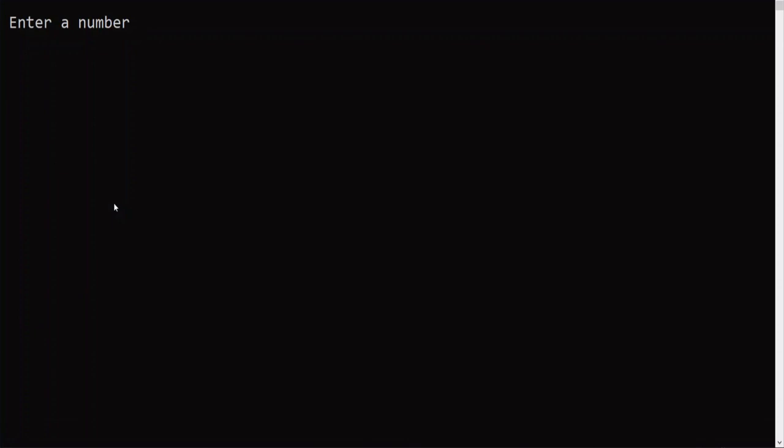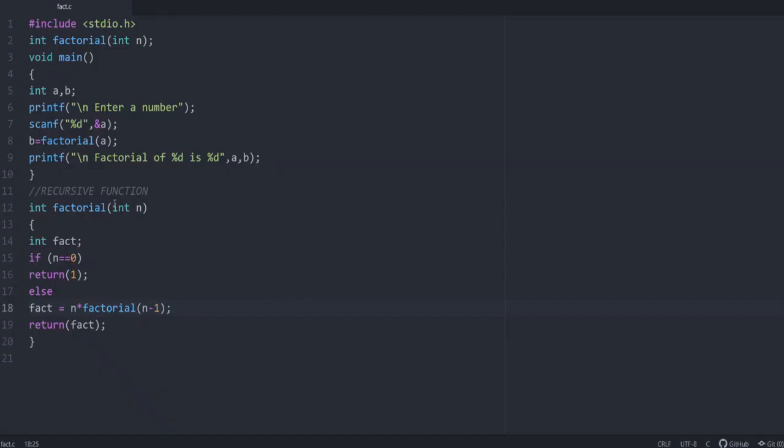Say if we give it as 3, 3 into 2 into 1 into 1. So it is 3 into 2, that is 6. 6 into 1, that is 6. Similarly, if we give the value as say 6, 6 into 5, 30. 30 into 4, it is 120. Then 120 into 3, that is 360.